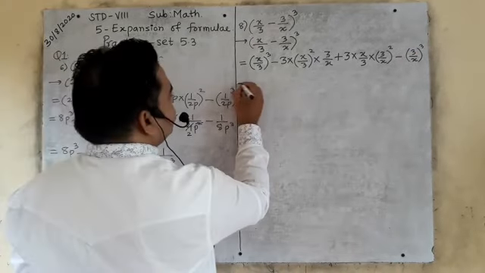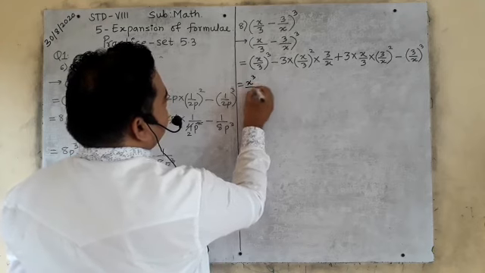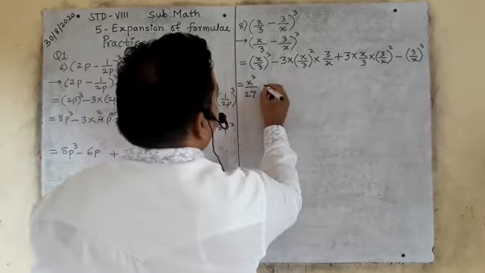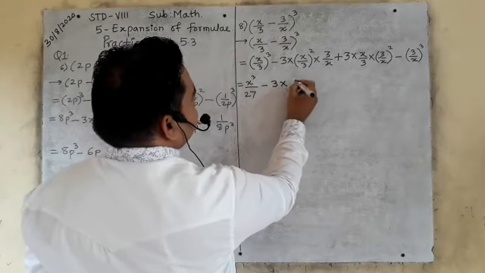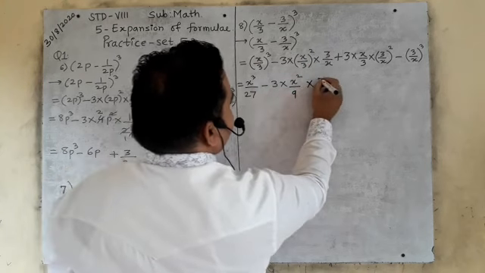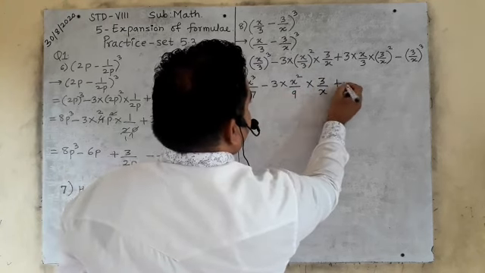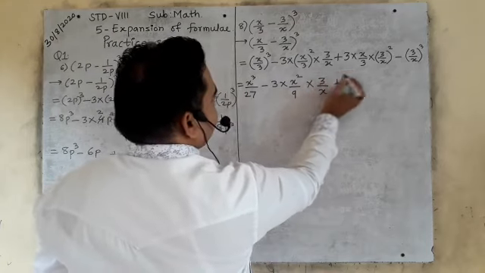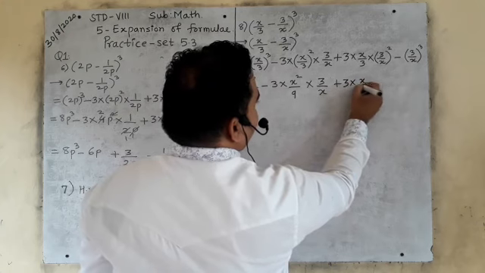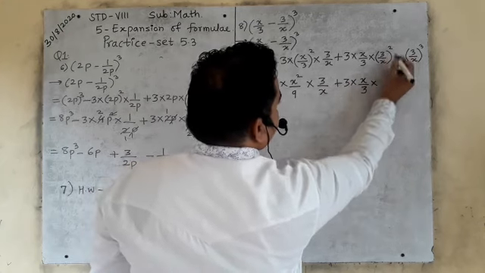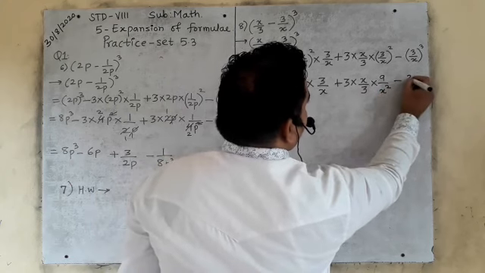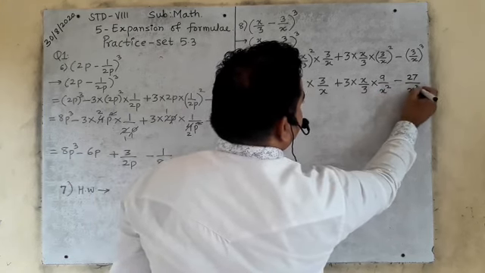Now you have to solve this. x cube, 3 cube is what? How much? 27. Minus 3 as it is, x cube, x square. 3 square is 9. Multiply by 3 upon x, plus. This will get cancelled. Okay. See, you will cancel later on. First you write it down. 3 multiplied by x upon 3 multiply by 3 square is 9, x square is x square, minus 3 cube is 27, x cube is x cube.